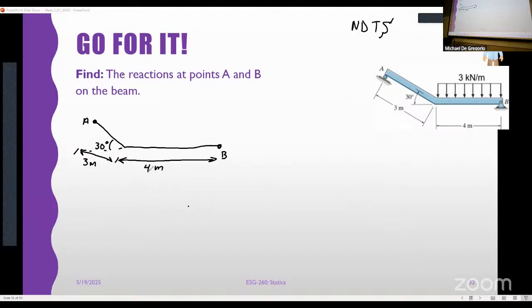My biggest advice on any quiz or test or anything that you ever do is, if you don't know what to do, do something. Just start doing something, which is why I tell you guys, draw your diagrams. Like I set it up. The reason I like to have an algorithm for how I approach problem solving is because in high stress situations, you stop thinking about how to do it and you just start doing, right?